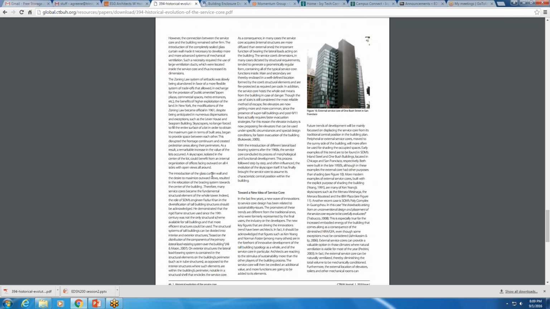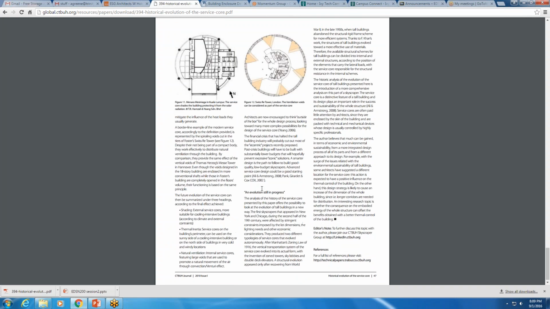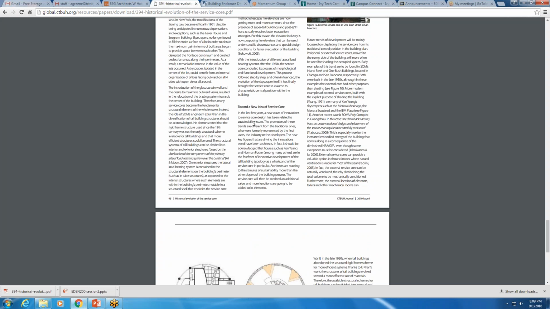So then he talks about the curtain wall, and I just have to summarize because we're going to run out of time to get the best part. So he talks about glass curtain walls and how that worked with energy conservation. And then he goes on to talk about today a new idea of the service core and an evolution still in process. So in the last few years, a new wave of innovations to the service core design has been